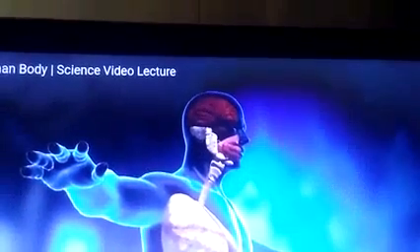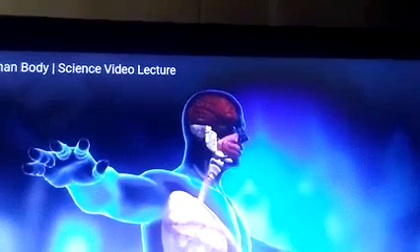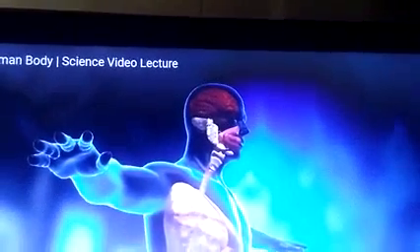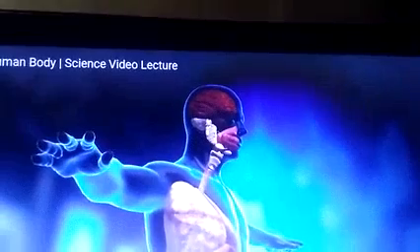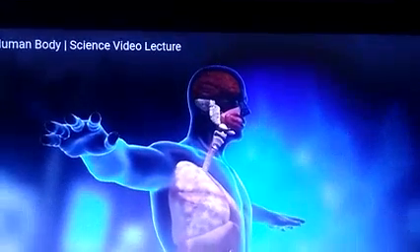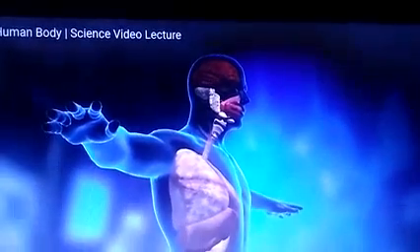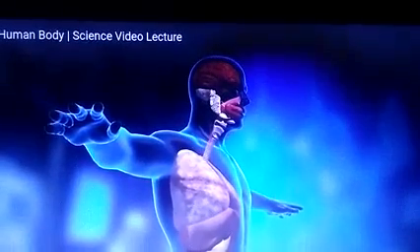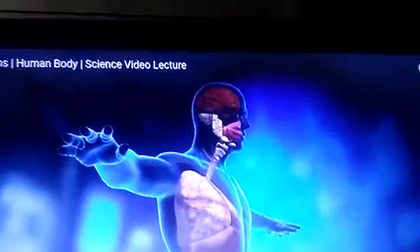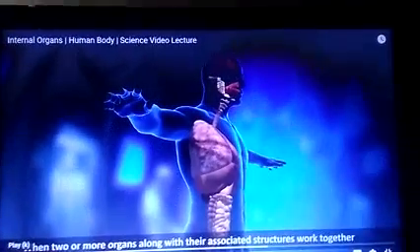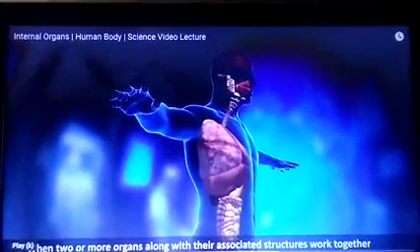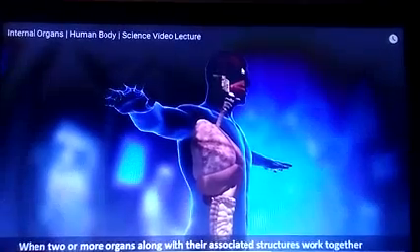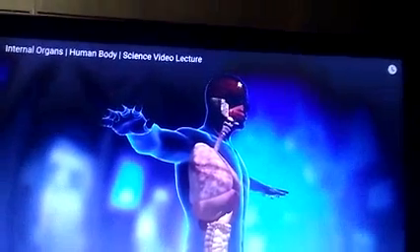Here you can see the brain, where the brain is located. See, inside the head. So each organ has its own duty or its own work, function. Each one has a different function. So see, the brain you can see, lungs you can see, all the internal organs. So now in this picture you got a clear idea of the different positions of the internal organs.